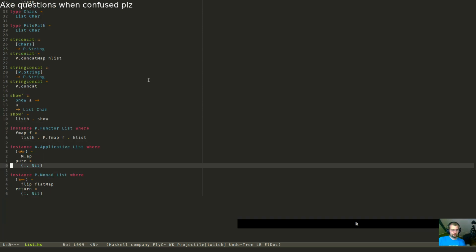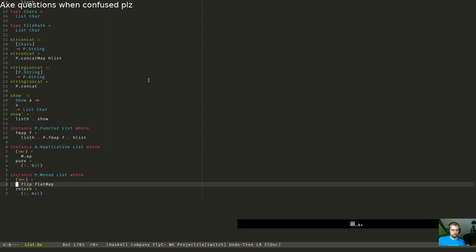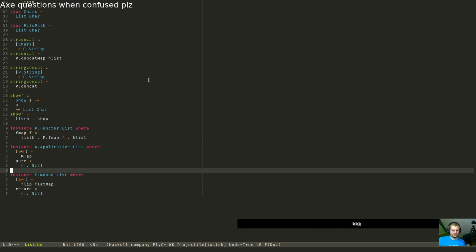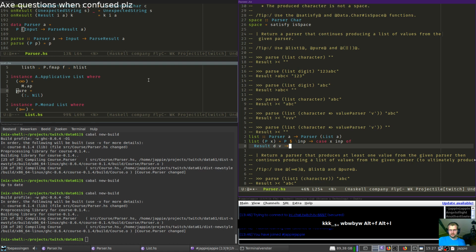It is applicative, but only pure. Well, use pure at least. That's nice. I haven't done the list exercises, so I need to make sure that stuff is actually being implemented there or using it.